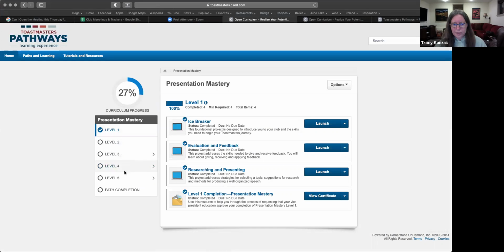So every path is going to have 5 levels. You can see them here. The first level is pretty much identical for each path. It's going to start out with the icebreaker speech that I mentioned. That's the first speech you give to the club. It lets you introduce yourself to the club. The next speech you'll give is your